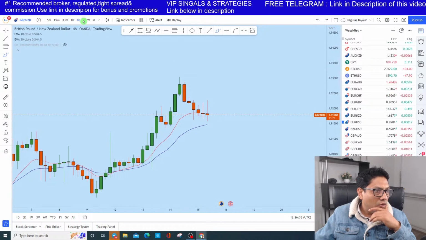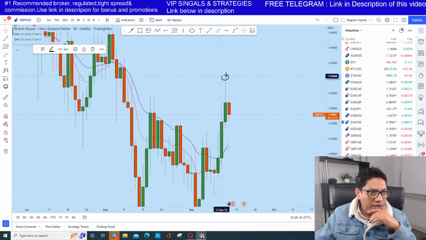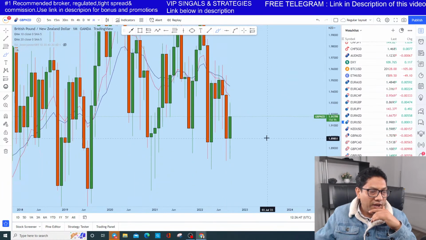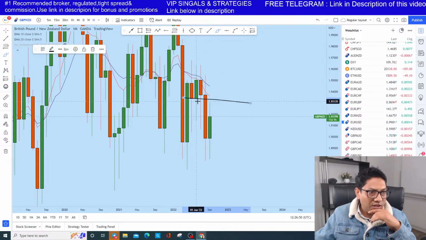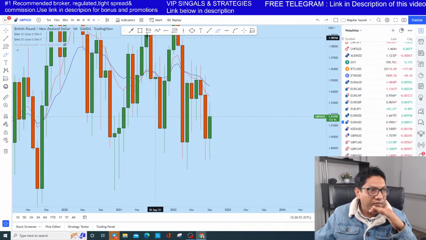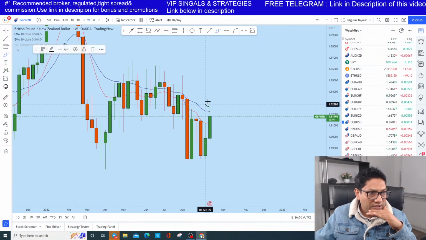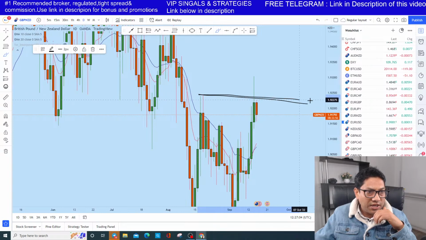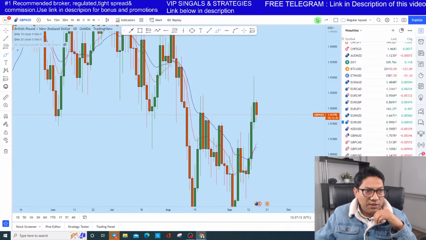If you look at the daily, there was a big liquidity grab on the daily as well, and a spike to the upside, penetrated this zone and then grabbed liquidity. On the monthly perspective, we have seen GBP NZD just bounce from the monthly resistance, so all the 4 time frames are aligning. Weekly, yeah, there is a liquidity grab on the weekly as well. Daily, we have seen a spike to the upside, and from this resistance, this is a very important level. We have seen a big move.